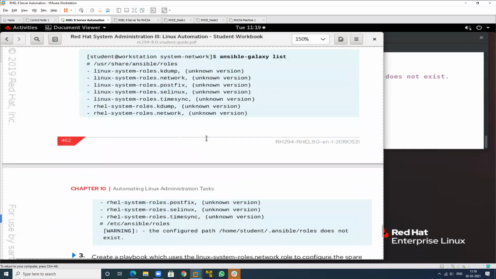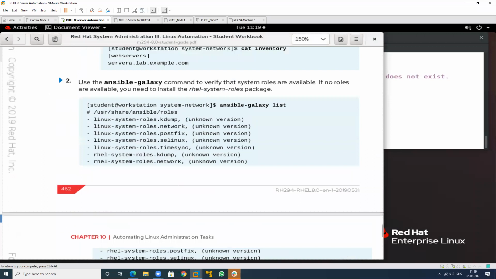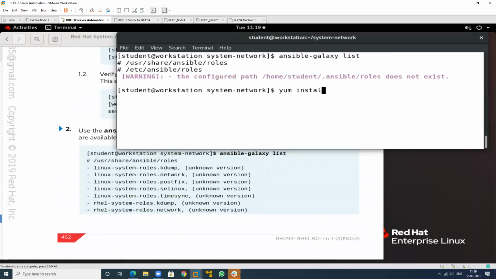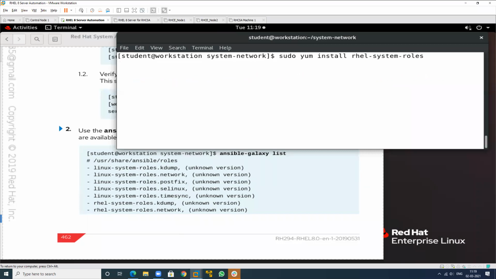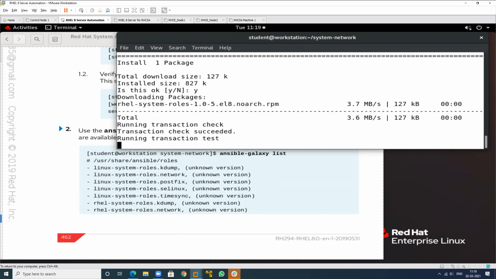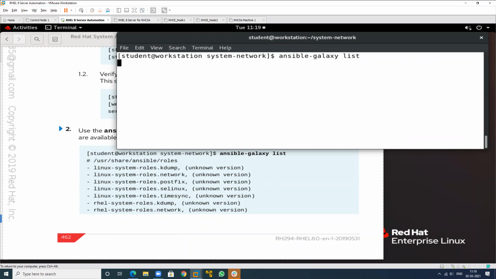So I will install this one. Just yum install this role structure. We just require the sudo command, then y here. This role structure has been installed, and now check again by using Galaxy. All will be the same.